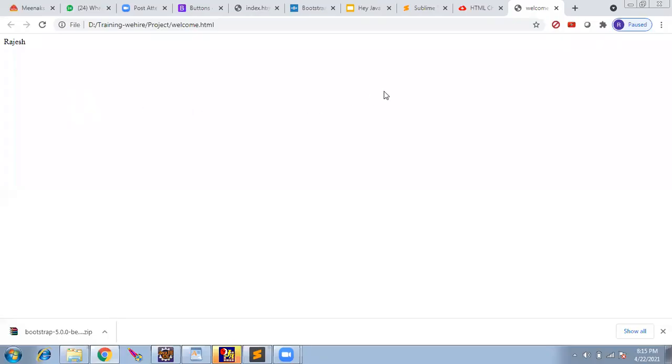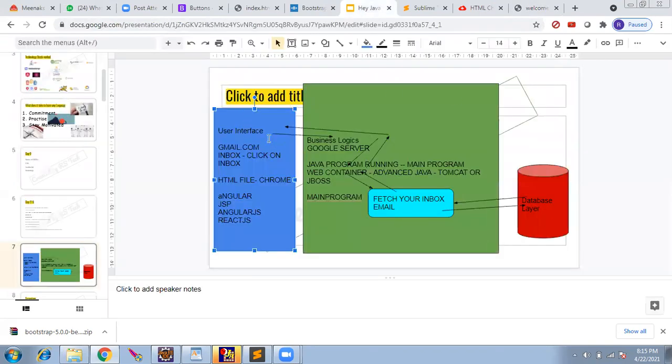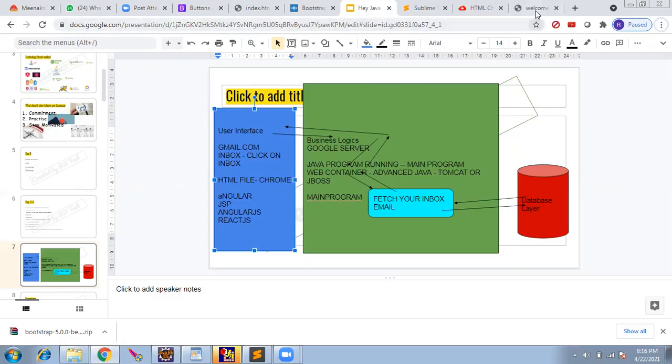So what we are going to do is, in the whole project, the final aim is we will create something like this. We will create a login form. We will get the username and password, and we will pass them on to the server. We will call the Java program, we will check in the DB and return back. That will be our end goal. So to build that, we will need a login form.